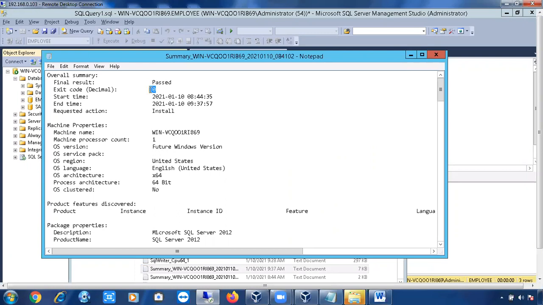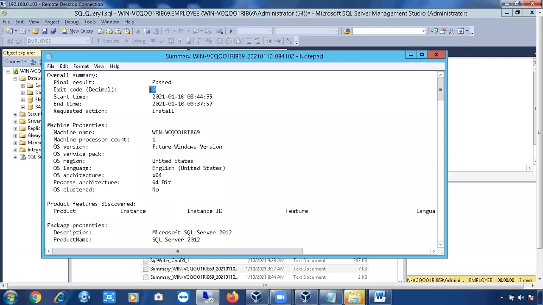In that way you can easily identify it by using the summary.txt file. So people will ask you how to check whether your installation, patching, upgrade or uninstallation is successful or not. The answer is, you can check in the summary.txt file. That file will be in the setup bootstrap folder of the instance binaries. There it will create date and timestamp folders. If you go inside the date and timestamp folders, you can see the summary file.